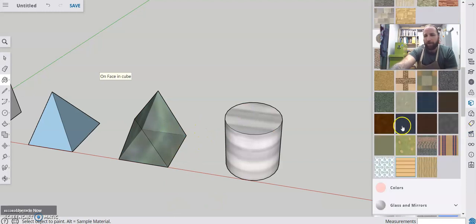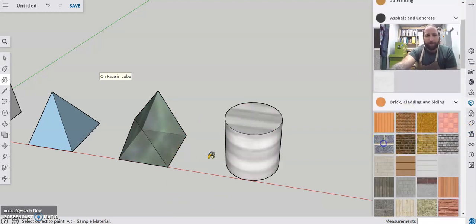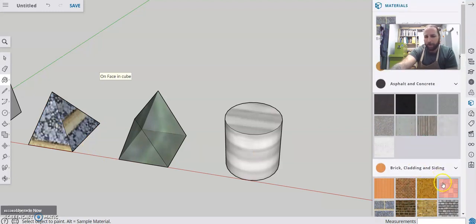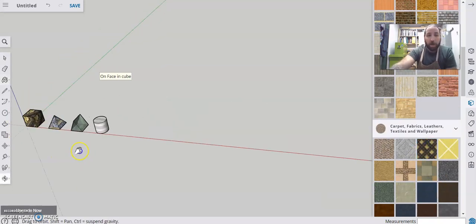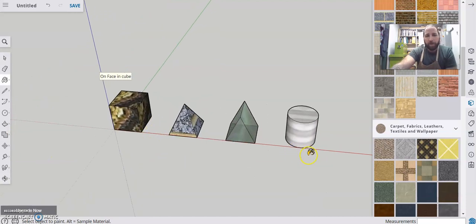There's solid colors, there's fencing, there's bricks, right? We can make the pyramid out of bricks. There's carpets. They're not that interesting, but there you are. So play around with it. There's your